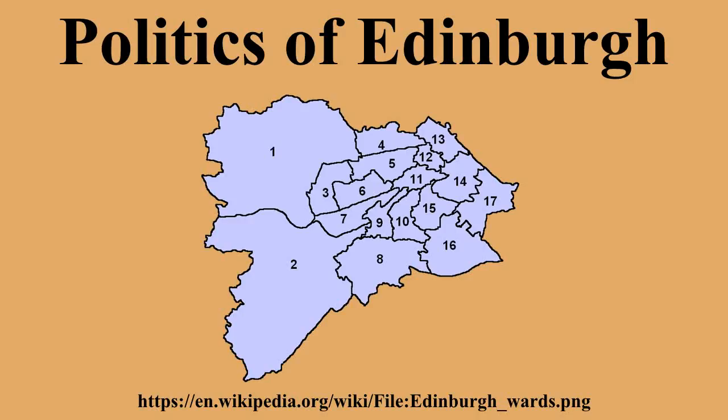There have been 2 by-elections since, which saw the Labour Party gain 1 seat from the SNP and 1 from the Scottish Green Party. Members of the Council represent 17 electoral areas called wards. As a result of the Local Governance Act 2004, multi-member wards were introduced for the 2007 election, each electing 3 or 4 councillors by the single transferable vote system to produce a form of proportional representation. Previously, each of 58 wards elected 1 councillor by the first-past-the-post system of election.